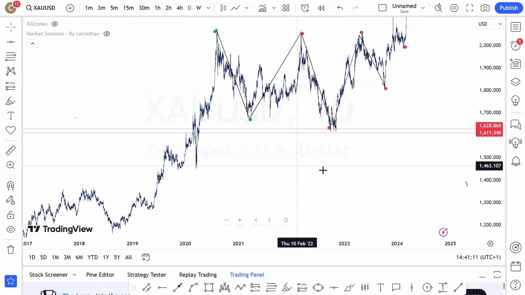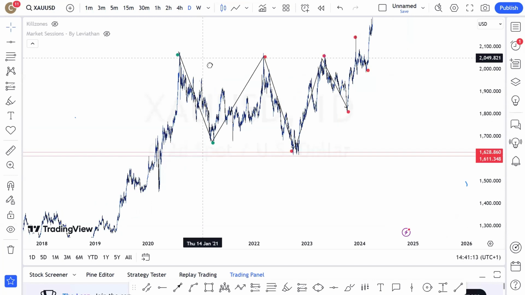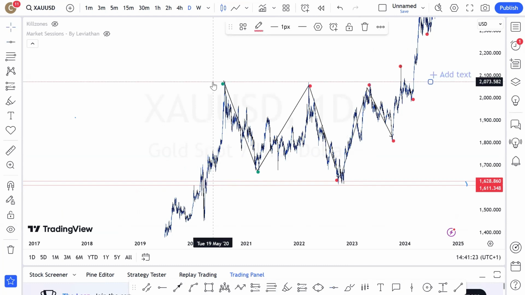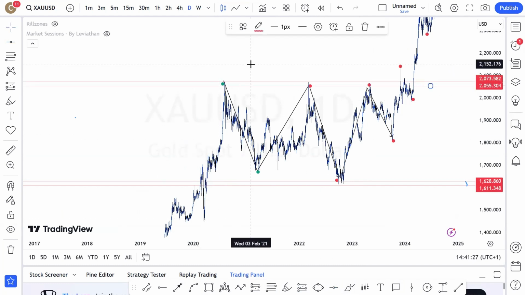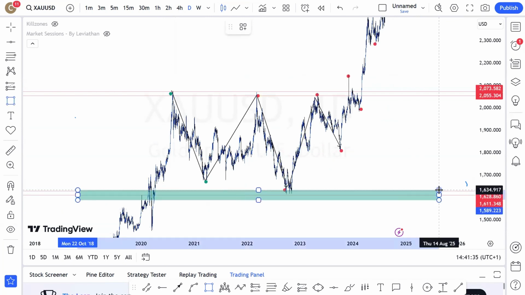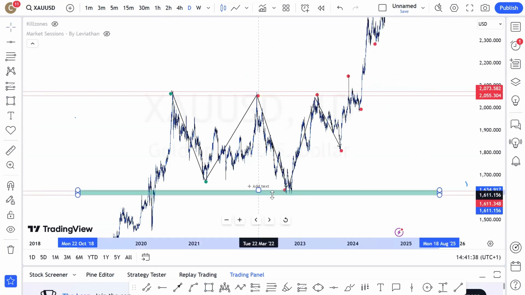Okay. Now, I come back to this high here. So this is the first touch, second touch, third touch. So it's already a strong resistance zone. So I'm going to put a double line here too. All right. And that's it. So once you put these things, to make it a support zone, you're now going to insert a horizontal